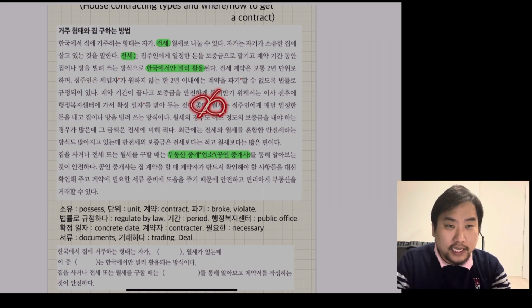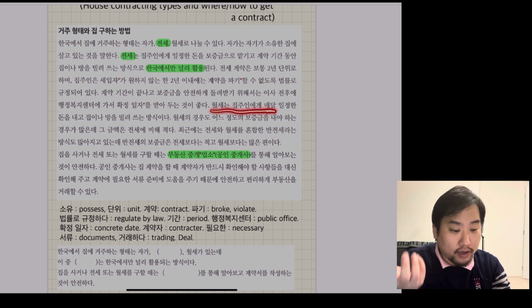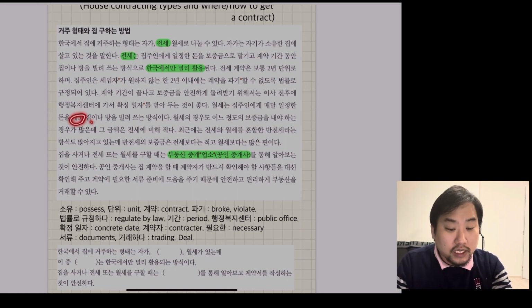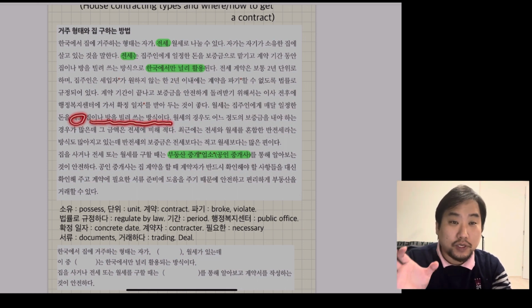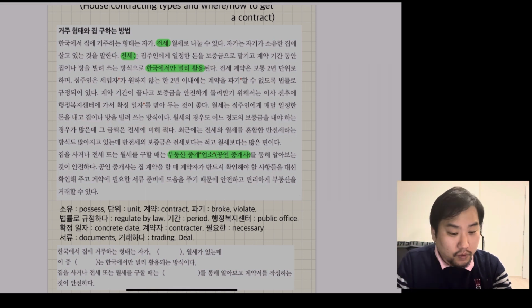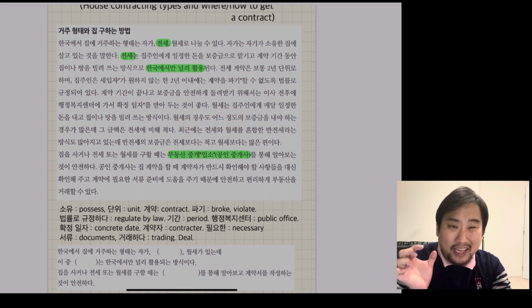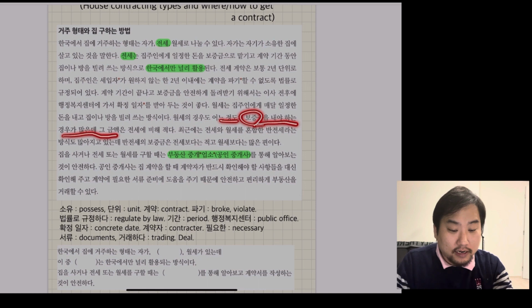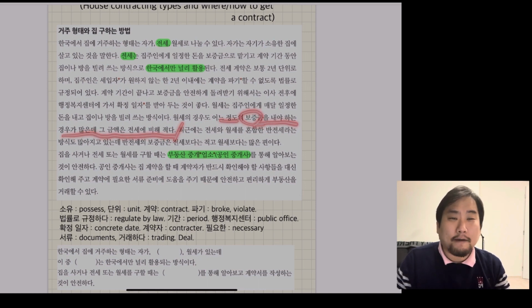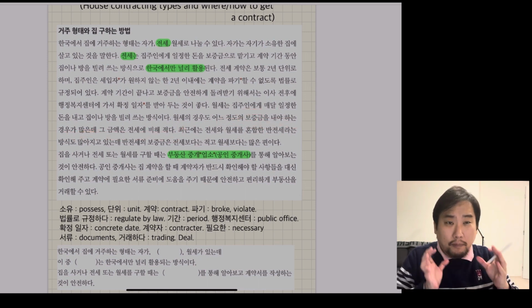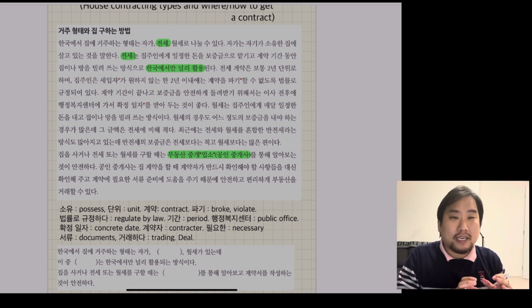And 월세 is monthly pay. 월세는 집주인에게 매달, every month, 일정한 돈, amount of money를 주고 집이나 방을 빌려 쓰는 형태이다. The houses or certain room, the renting. 월세의 경우도 even if it is monthly pay, 어느 정도, a little amount of deposit을 내야 하는 경우가 많은데 그 금액은 전세에 비해 적다. So even if there is a deposit for 월세, it is much smaller than 전세.